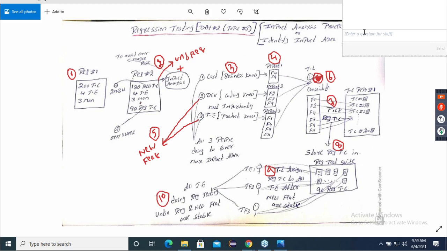This is how we do regression testing, or this is how we do impact analysis, or this is how we pick the regression test cases. Have you understood this process, guys? And see, when the lead is simultaneously picking the regression cases, is it time saving or not? The test engineer is working on new features, and the lead is also busy picking the regression cases. It's time saving, right? So that by the time you finish your job, regression cases will be ready.